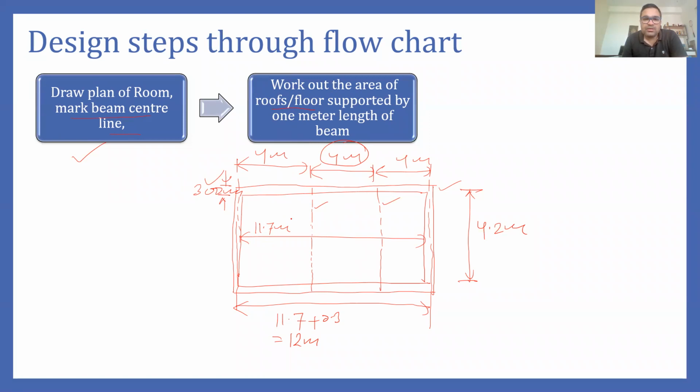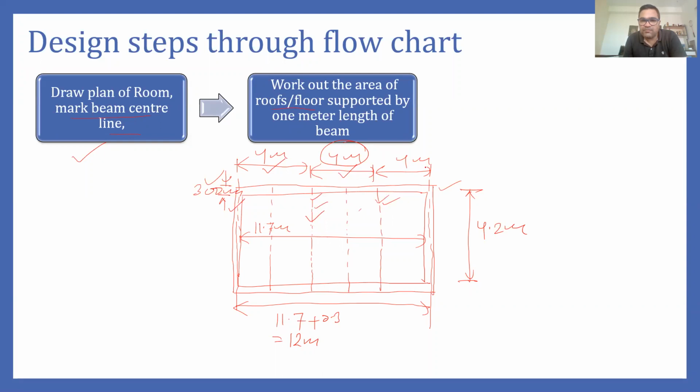Here we have to see how much load a beam will be taking. For example, these beams are running like this, and the whole roof weight, how will it be distributed over the beam. Here we can again make a judgment that if we consider this 4 meter space, then we will assume that half of this space will be carried by this beam, and half of the space will be supported on this wall. Similarly, if we go to the next 4 meter space, in this case also we will assume that half space will be taken by this beam and half space will be taken by this beam.